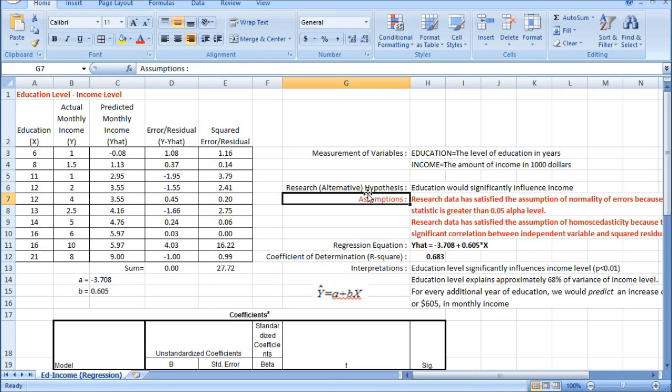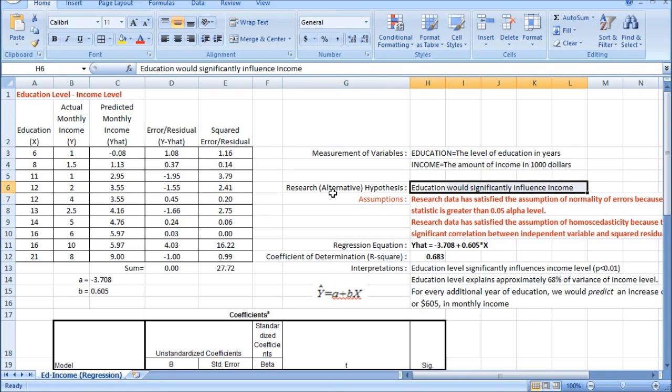You just put the alternative hypothesis here. The alternative hypothesis is differently called the research hypothesis. In this question, the research hypothesis was that education level would significantly influence income level.